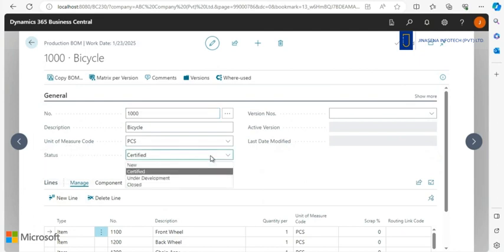This field in Business Central indicates the status of the production BOM, which is the master data that defines a production item and the components that go into it. The possible values for the production BOM status field are: